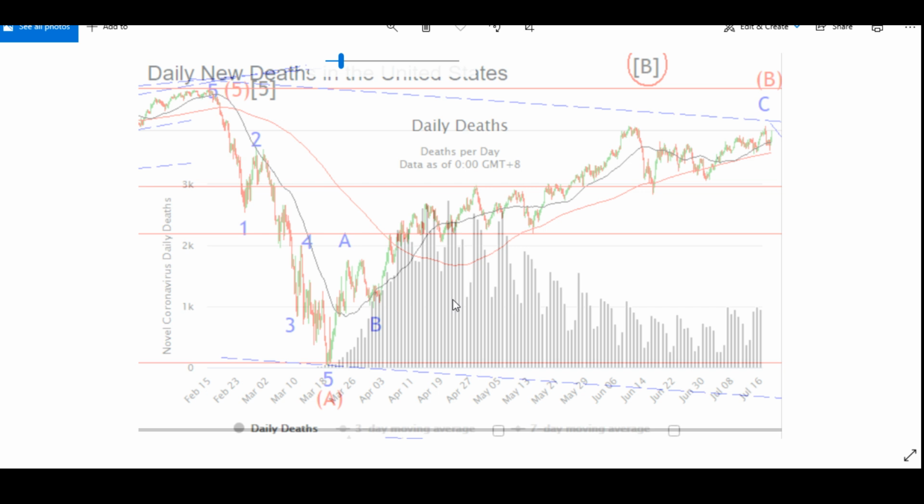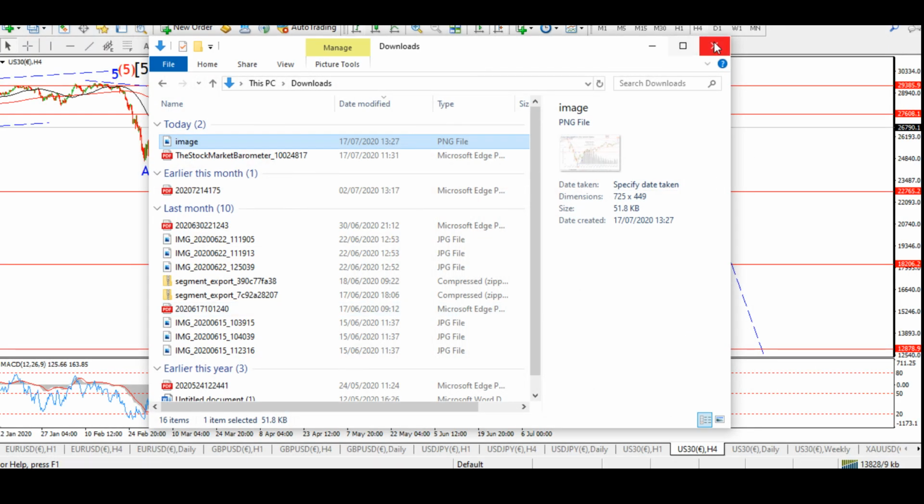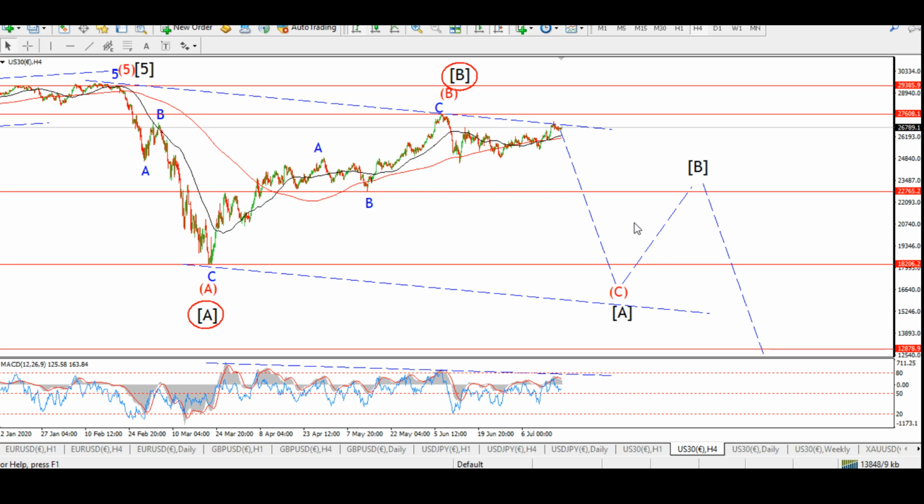Okay, so that's basically what I want you to take away from this. These are uncorrelated events, or negatively, let's say, they have a -1 correlation in these two events. Now I'm going to leave that behind. I just had to bring that up because I've heard the story so often that the virus is declining, and